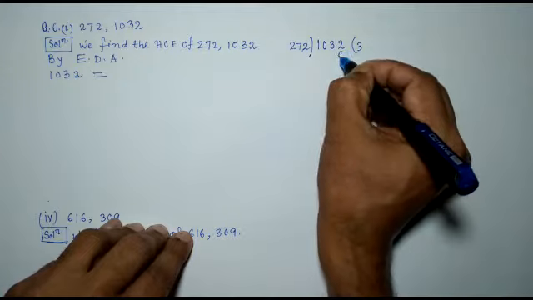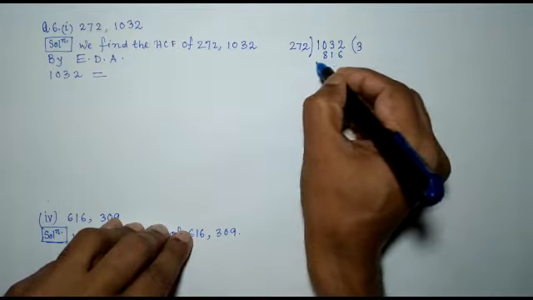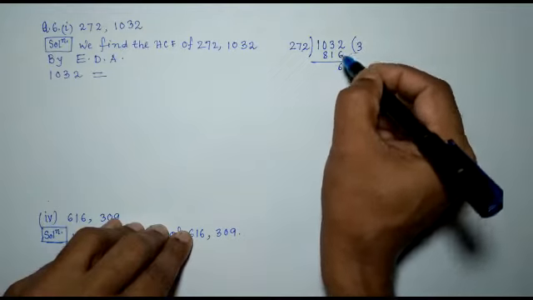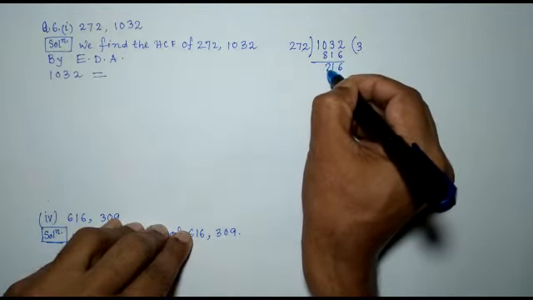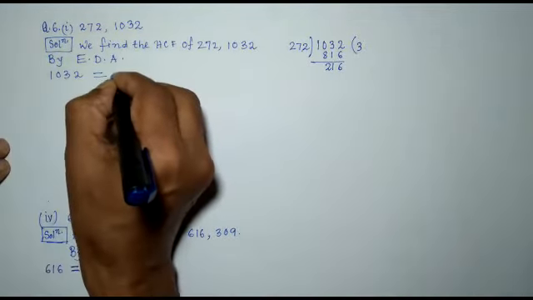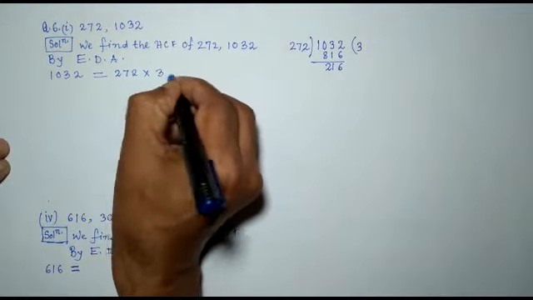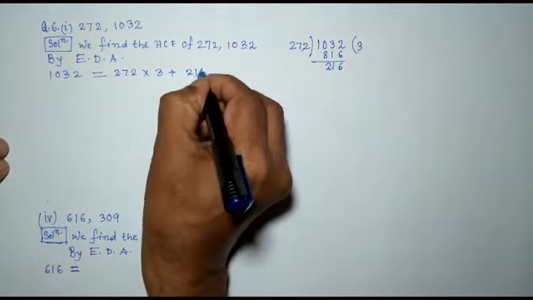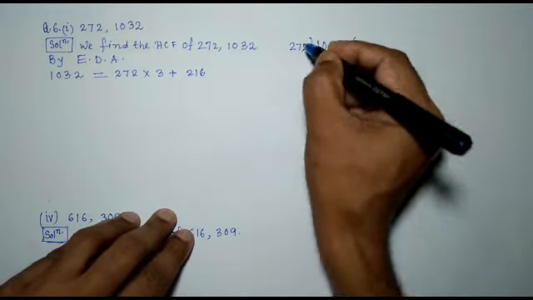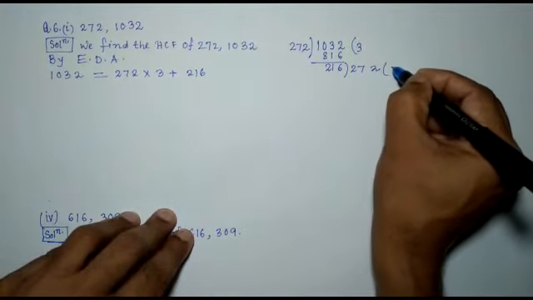3 into 2 is 6, 3 into 7 is 21, carry 2, then 3 into 2 is 6, plus 2 is 8. So 816. Subtracting we get here 6, then 1 and then 2. 216. So write, for this division, dividend 1032, then what is the divisor? 272. The quotient is 3 and remainder is 216. So we carry on the division. So by 216 we divide 272. So it is only one time will go,